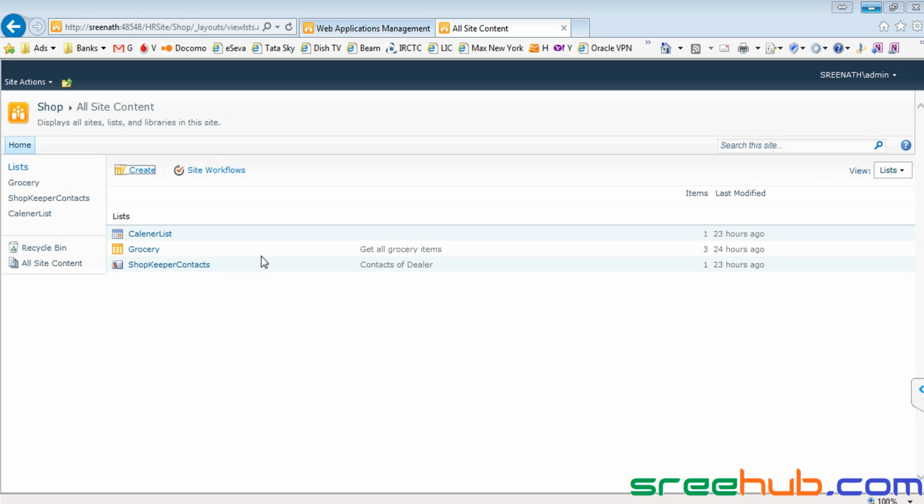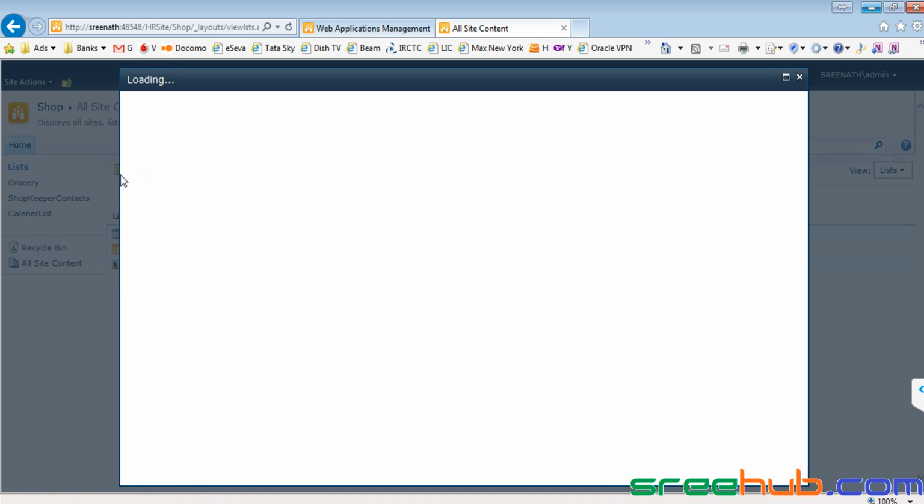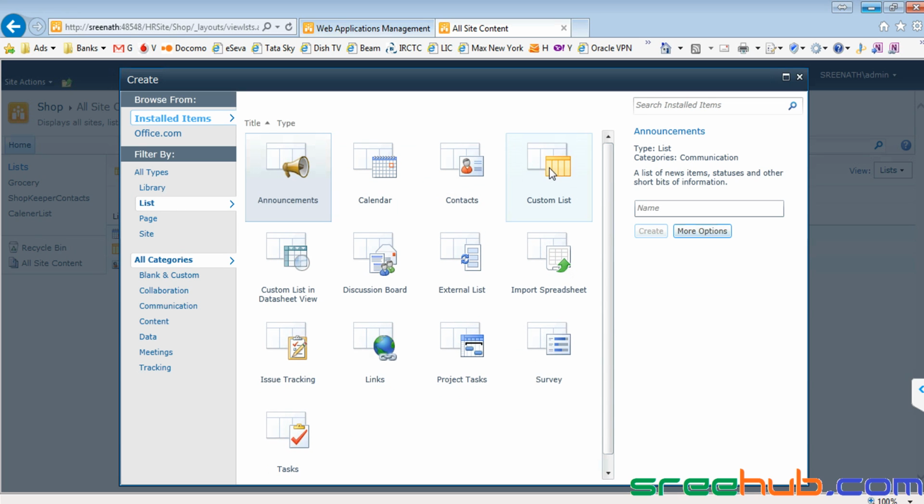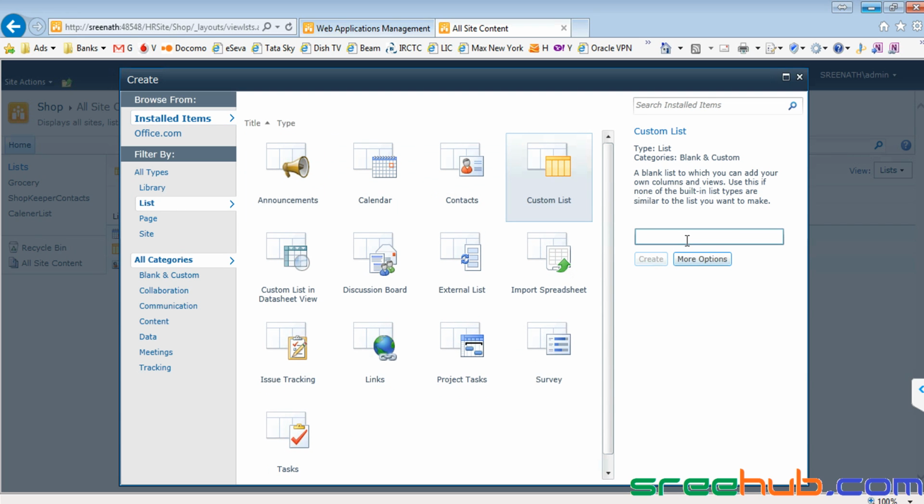Okay, so here we just create a new list again. It will load all the contents. Here we'll go to list, take a custom list, and let me name it fruits.